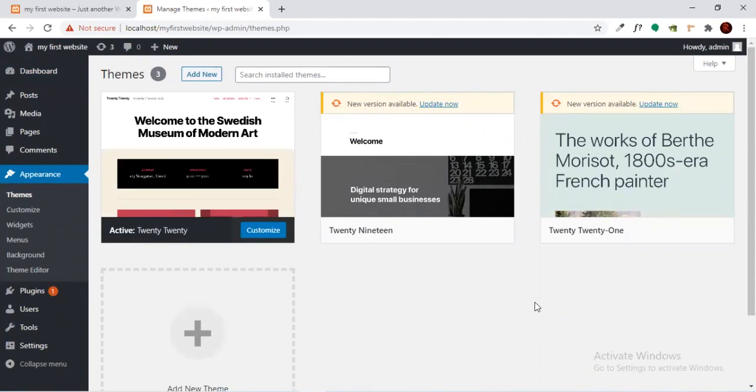So for installing Avada theme, you first need to purchase the Avada theme. I will also provide the link from where you can purchase. But as you are here, I think you already know or you already have the Avada theme. So you just have to click on add new, and